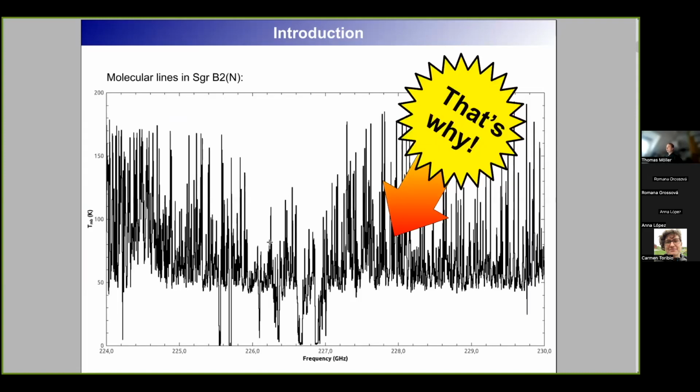Well, the answer is this one. These are molecular lines in Sagittarius B2, and this is not noise. These are all molecular lines. And in order to describe them and to derive the physical parameters of them, you can use XCLASS, among many